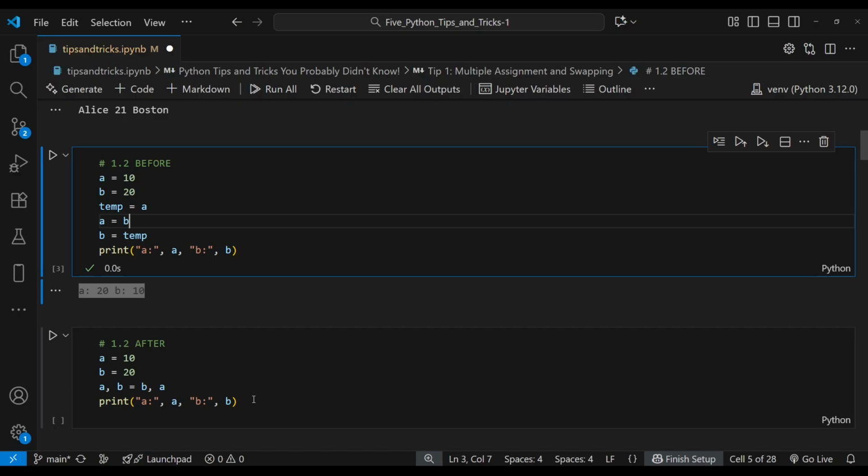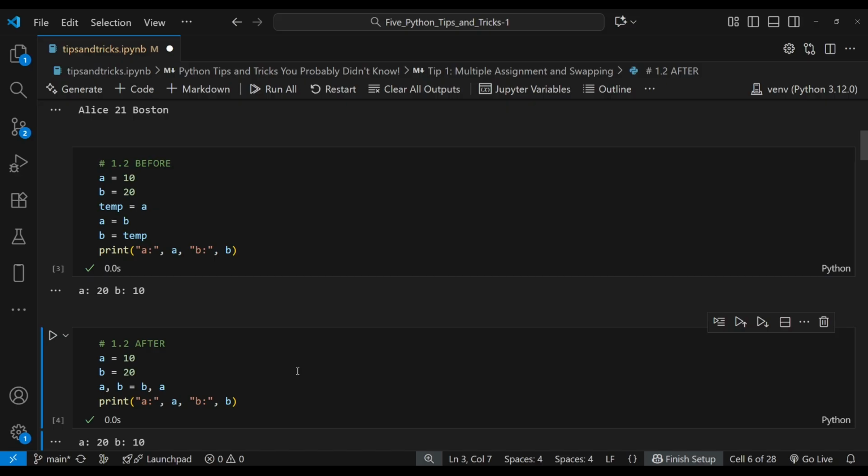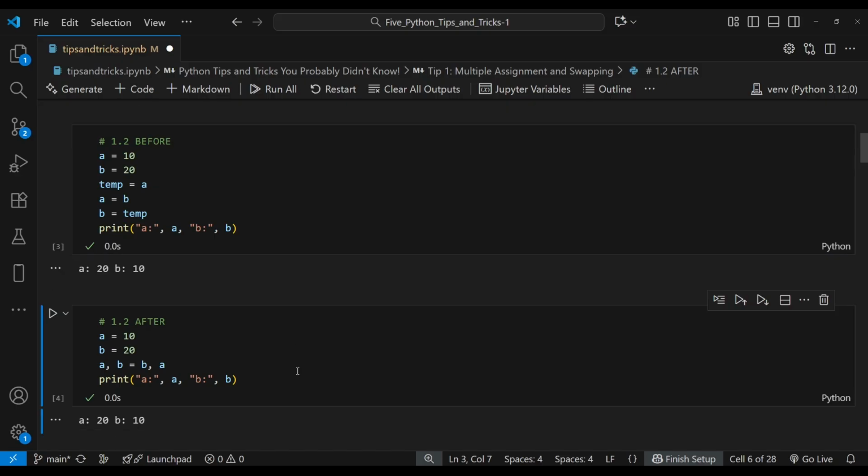After we run this, we should get the same exact output. And we can see that it indeed does. Python evaluates the right side as a pair, B and A, and then unpacks it into A and B. It's shorter, easier to read, and avoids the temporary variable altogether. So the benefit here is multiple assignment keeps related values together, and it makes common operations like swapping both shorter